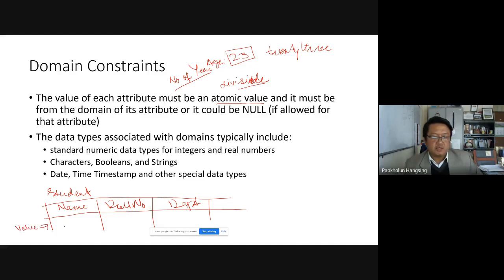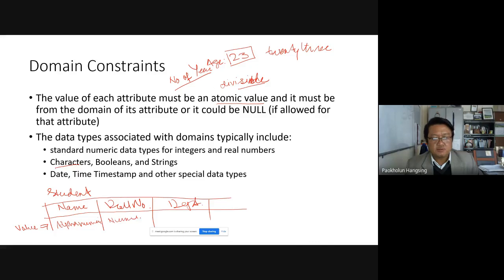That is, for example, name is a combination of characters. Okay, then it has to be characters, or there are other data types also. For example, alphanumeric, which is very popular, then it has to be alphanumeric. That means a combination of alphabets and numbers, because some names have numbers. Roll number, for example, if it is numbers only, then it has to be numbers.